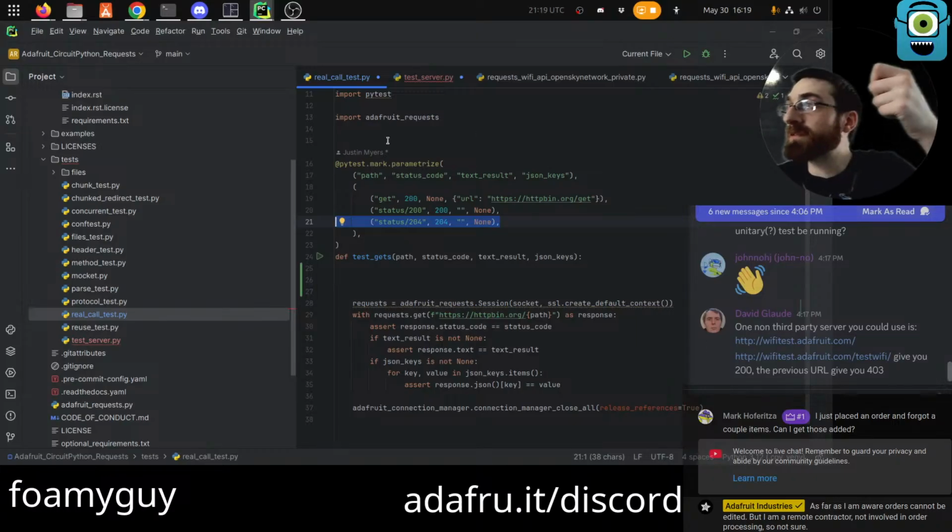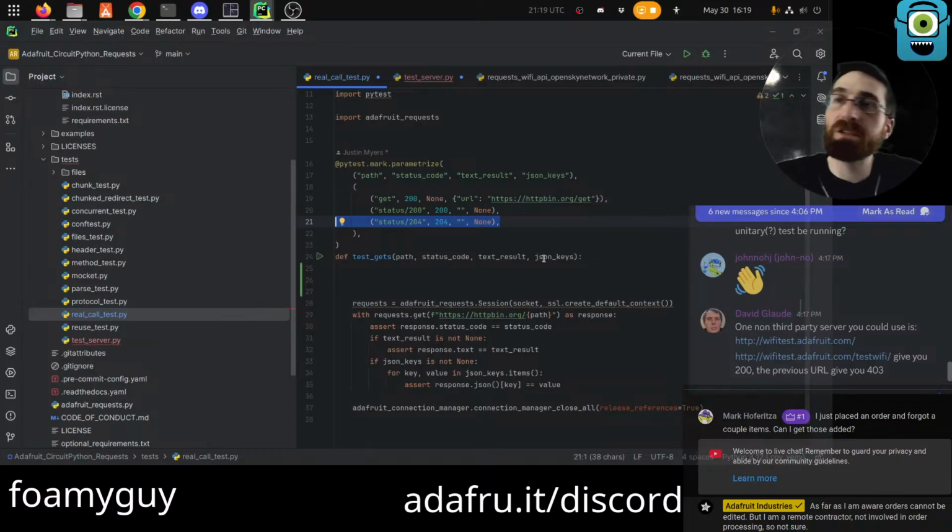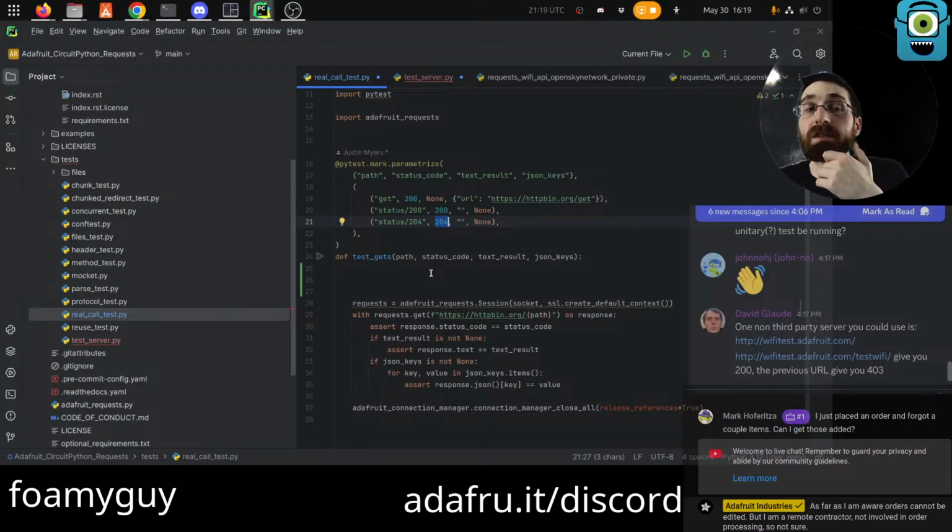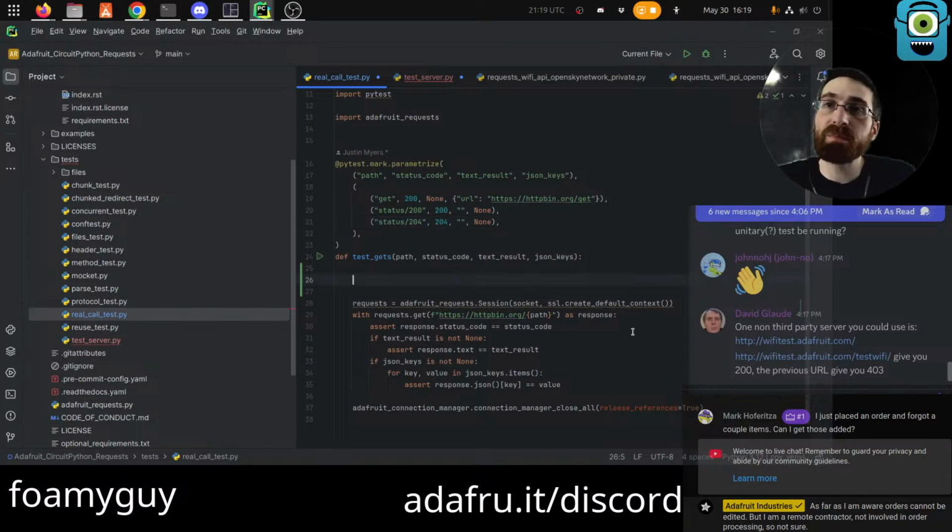So whatever URL or server we use, we do need it to handle 204 specifically. I don't know if the Adafruit Wi-Fi one does. Ironically, the web workflow has a lot of 204 responses, but we can't get a web workflow inside of the Actions container to test against. That would be kind of cool if we could.